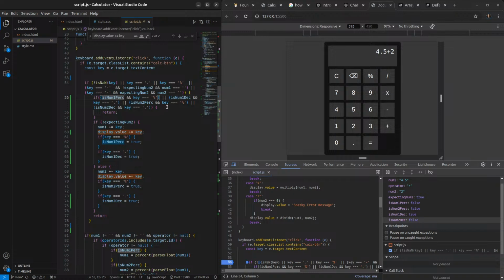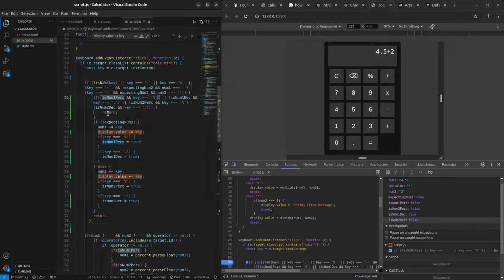No, I haven't. Wait. So if this is true, so if it's a percent and the key we're pressing is a percentage, so this is not true because we're pressing the dot, and this is also not a percentage. So, or is num1 decimal? It is, and we're pressing the decimal point, so we're going into the return, but actually we should check